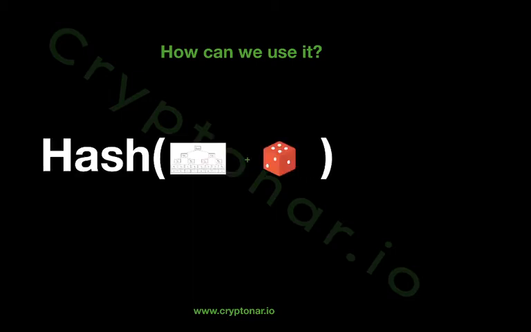So we do this hash function. On the left we have this Merkle tree, and on the right we have this dice, and we do the hash function of all these together. And if we are lucky, on the right we have a hash that begins with the required number of zeros. For now, if we try, it doesn't begin with the zeros we needed, so this hash is useless.